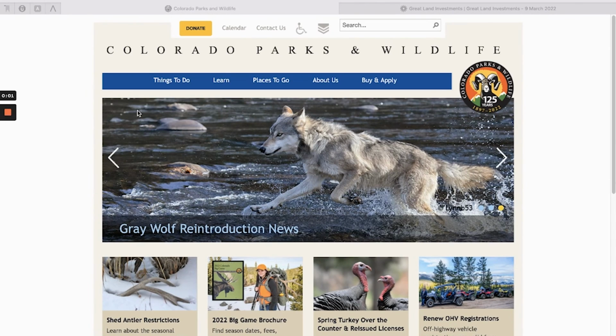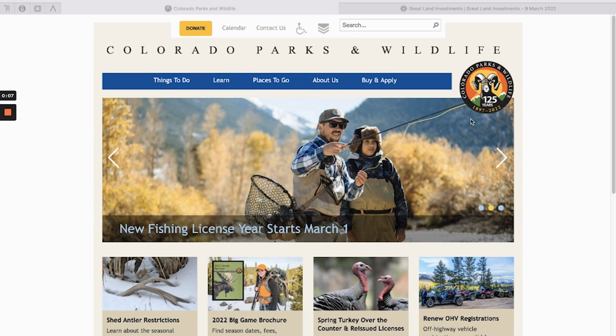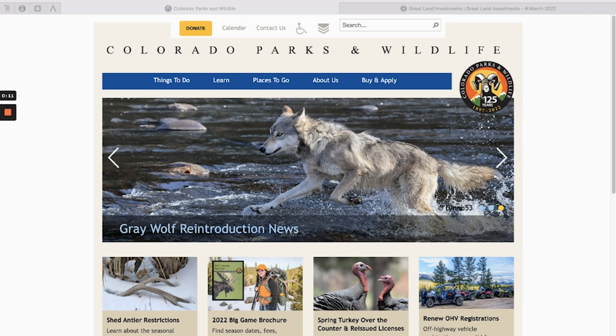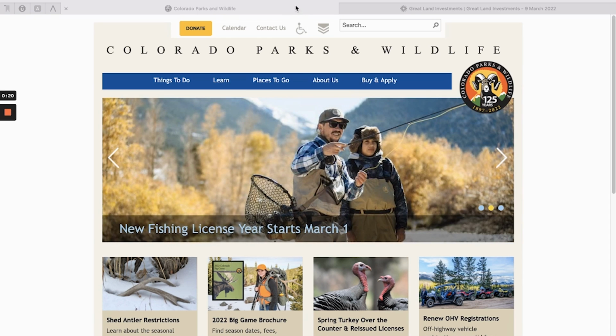When people are interested in buying land in Colorado, I like to give them a brief overview of things you can do there in relation to the property. So this property, once again, is in Forbes Park. So it's between Fort Garland, Walsburg, San Luis. It's kind of in that area. If you know Colorado, we're just south of Colorado City. We'll show you on a map later in the video, but this is Colorado Parks and Wildlife,